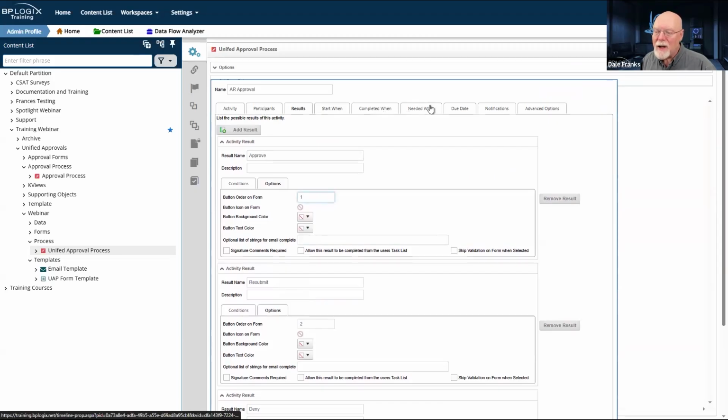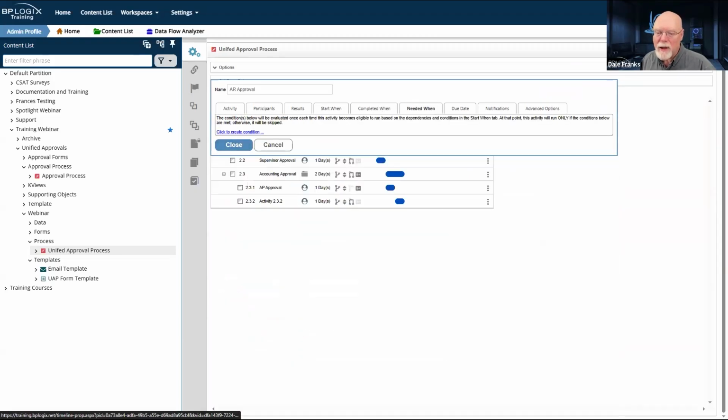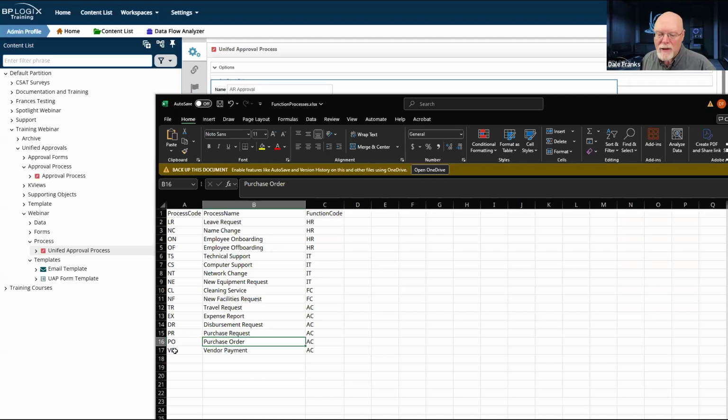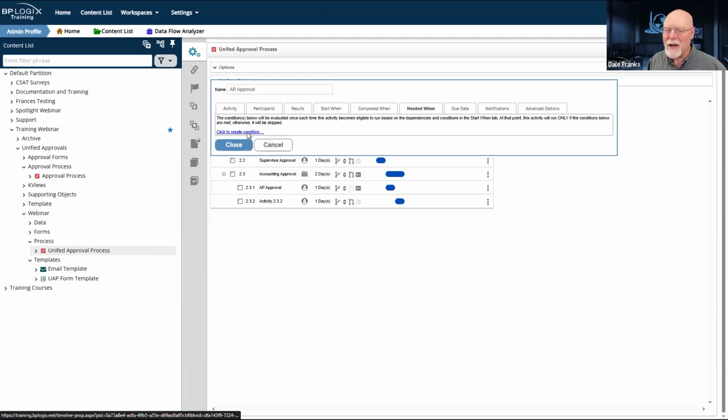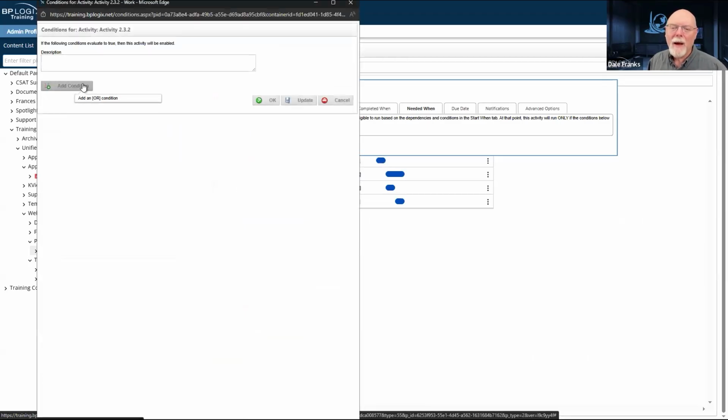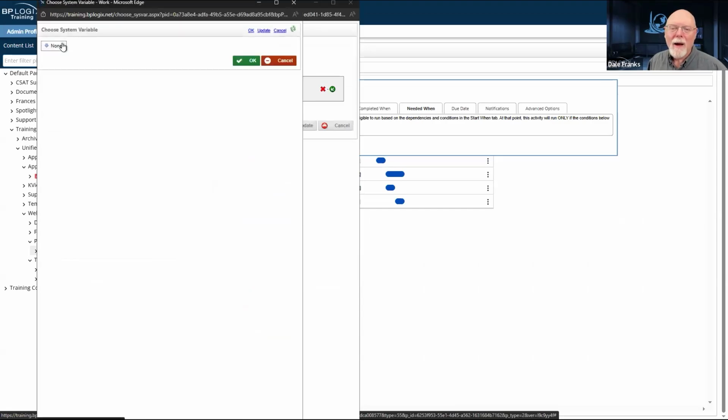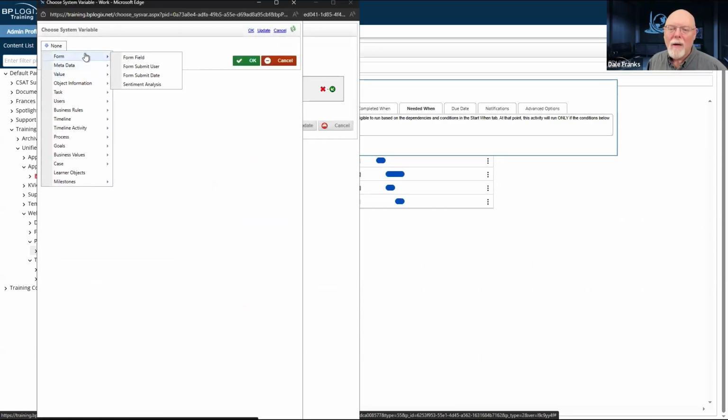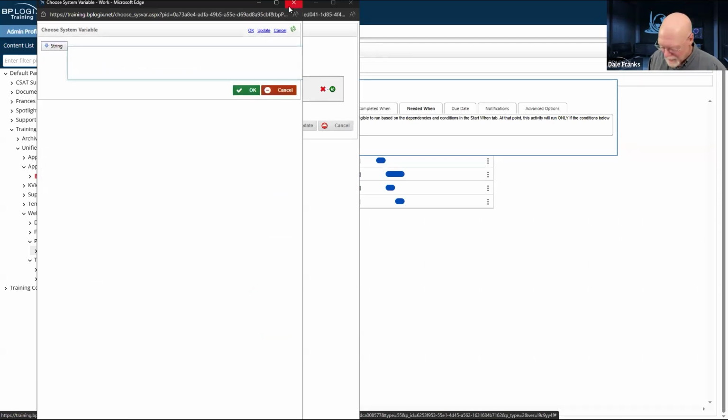Now I'm going to need a needed when here. And again, I'm going to do the same thing. Although in this case, it's just going to be a vendor payment, which is also outgoing money as well, but we're going to pretend that this is a payment to me. VP is going to be a payment to me. So vendor payment, the code is VP. So we're going to set our needed when here. Value string. That's what I'm looking for. And again, we're looking at the process field.